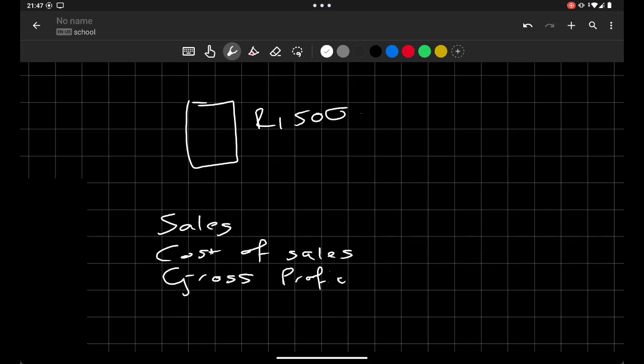And then your cost of sales is how much you bought that iPhone for that you sold. So in that case, say you went to Apple and you bought it from them for 1,000. So the 1,500 is your revenue, your sales. That is the amount of money that you got from selling the iPhone. The 1,000 rand is what you bought it for, right? So that is our sales, and that is our cost of sales,